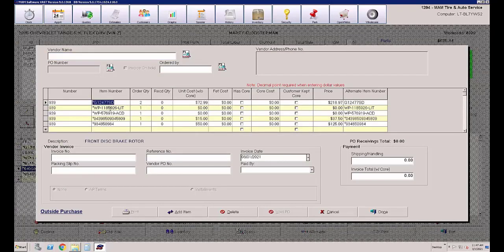Now, on this list of parts that I have here, obviously I've got 5 different parts. I've got the front disc brake rotors, an air conditioning accessory drive belt, a pulley, some ball joints, and a water pump. In this case, if I was just ordering certain parts from a specific supplier, the easiest thing for me to do to eliminate some of the additional parts from this screen would be to simply highlight